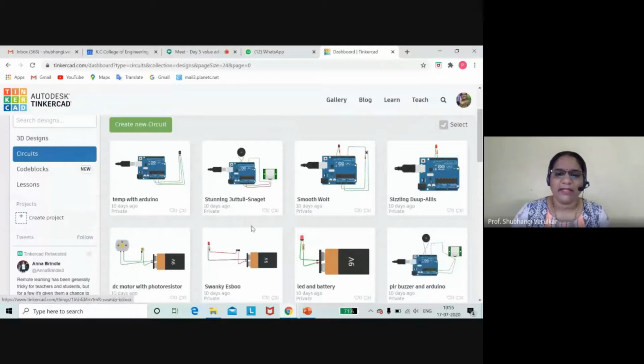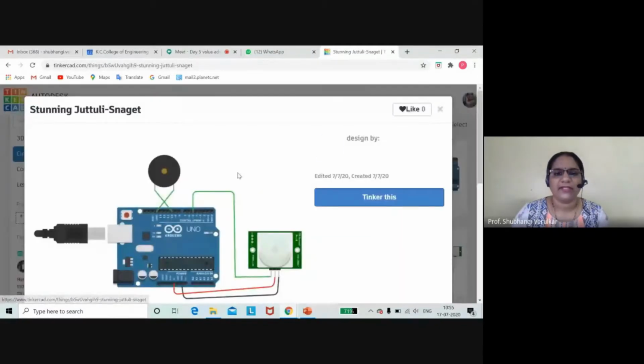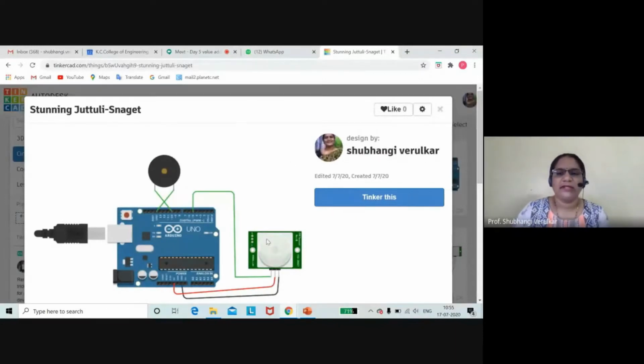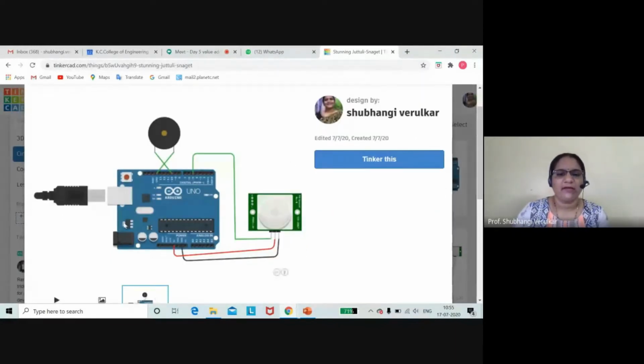Any sample I can show you right now, whatever present there, how you will be able to design your circuit. So this is reusing of circuit. This circuit I have already developed and I want to reuse it again. So what we will do, here you will get option when I have created it and when we have edited it. So this is a circuit. To reuse it, what you people will do, you will just click on Tinkercad this.